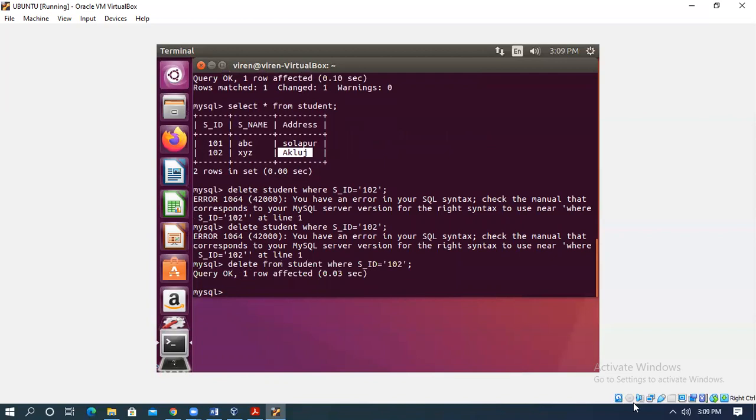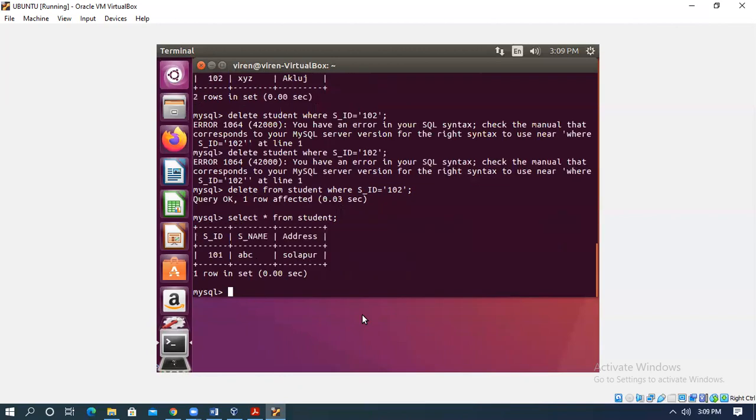Yes, so this was the mistake in the syntax. We were not writing from after delete, but from is required. Delete from student relation, and the condition is where SID equal to 102. Is it query OK? So now this is successfully executed. That means we have deleted a single record from the table student. So from was missing in the previous two. We'll see now, select star from student.